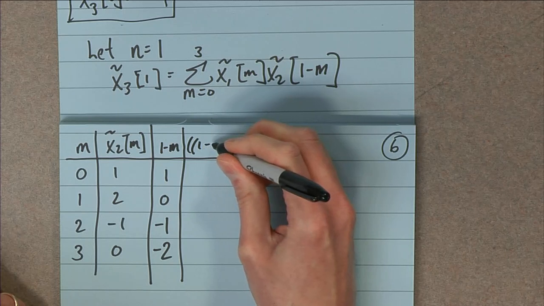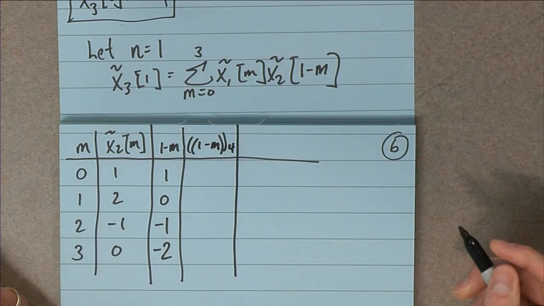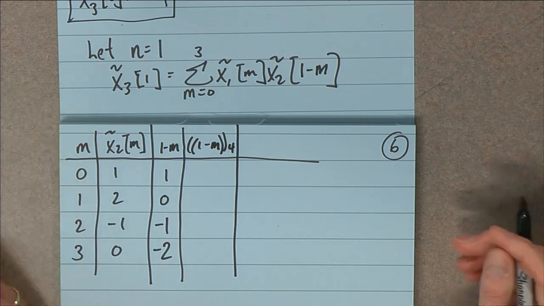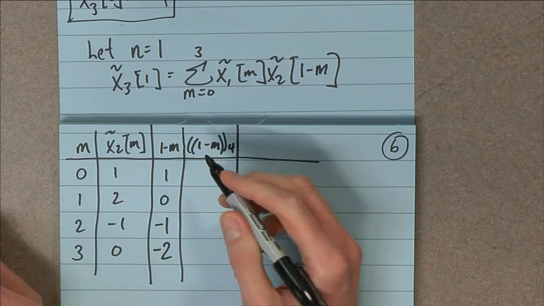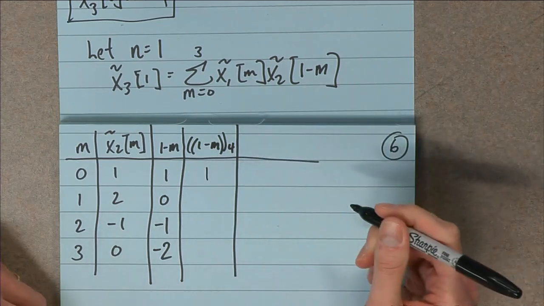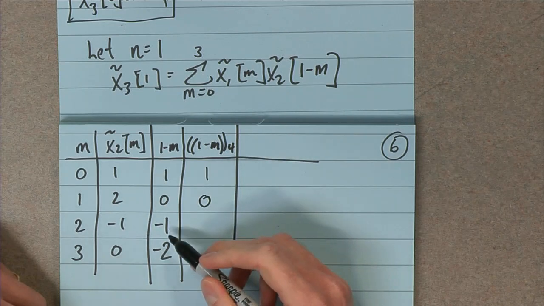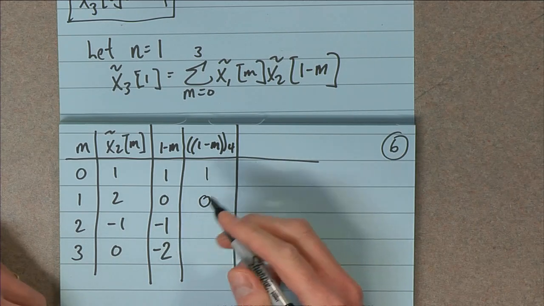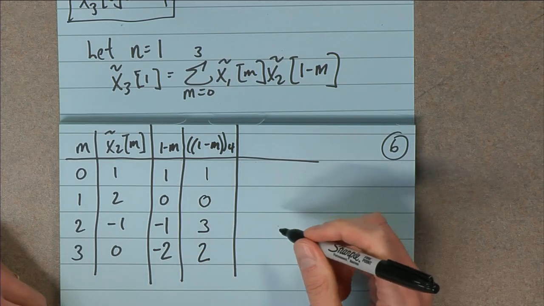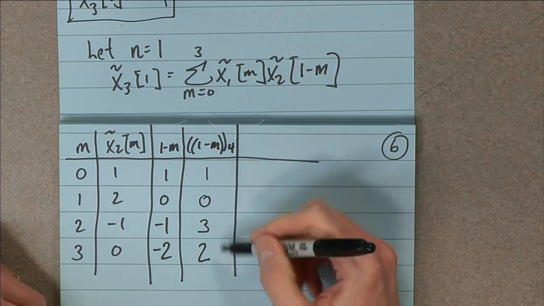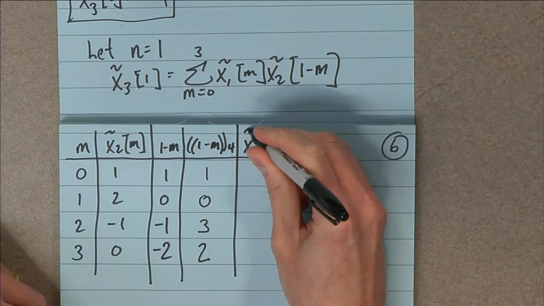So 1 minus m modulo 4, just like before, the entire world must map between 0 and 3. So if I throw 1 in there, well, 1 is between 0 and 3, so good to go, don't worry about it. Same goes for 0. Minus 1 is a problem again, so minus 1 plus 4 is 3, and minus 2 plus 4 is 2. So luckily everybody's accounted for, everything maps between 0 and 3. So now back to,